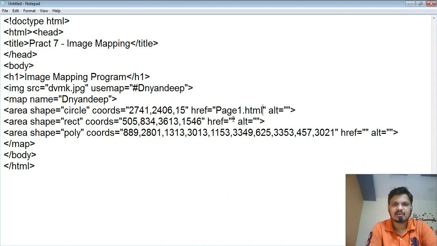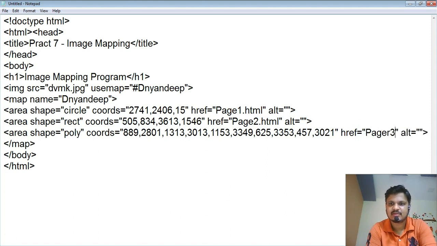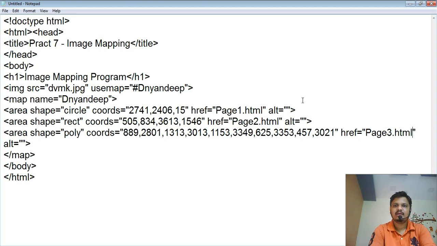For the rectangle, this is page2.html, and for the polygon, playground, this is page3.html. Now I'm going to add the alternative text.